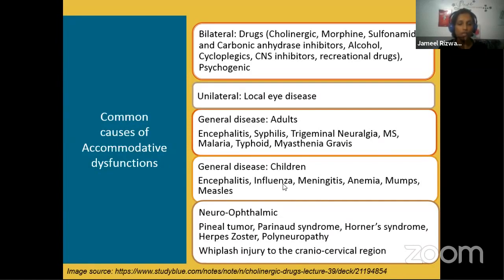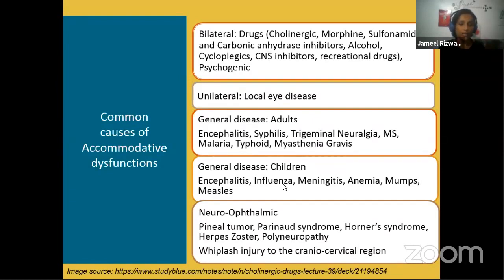So make sure that you dig a little deeper into the underlying issue so that you co-manage the problems along with the general physician or a pediatrician, and not just think that vision therapy alone will take care of the problem. And again, a list of neuro-ophthalmic issues,